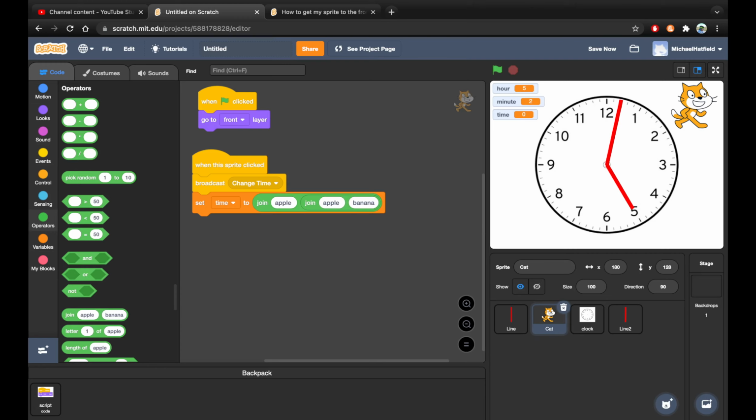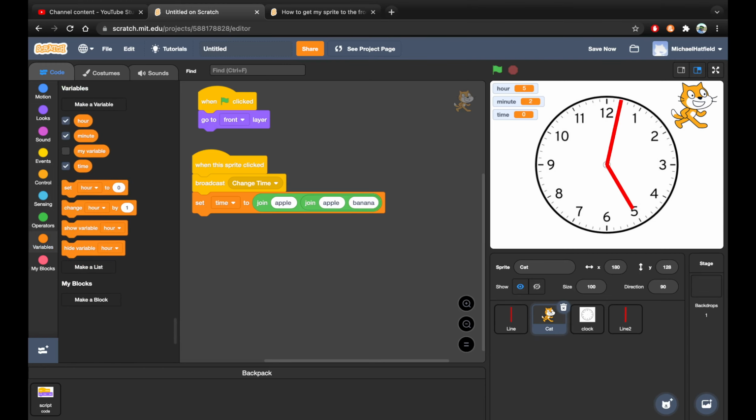So we're going to join hour, colon, and I'm not going to put any spaces in this one, and you shouldn't either, and I'll explain why in a second. So it's going to be hour, colon, minute. It's going to look a little weird right here because we're not going to go into super details about how to put the zero and all that stuff. So if I click that now,